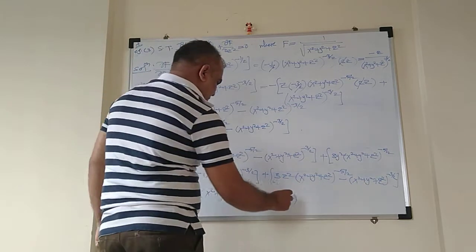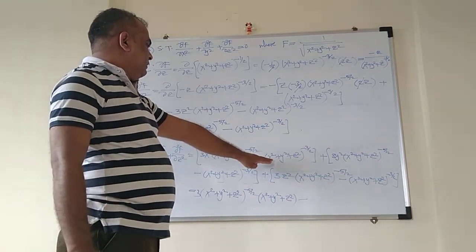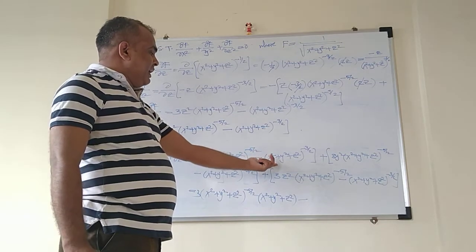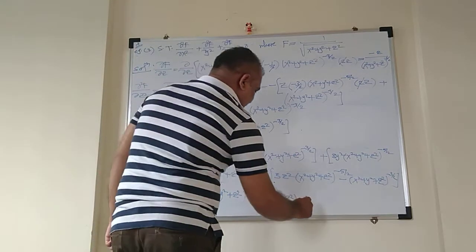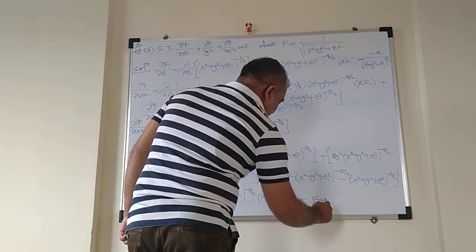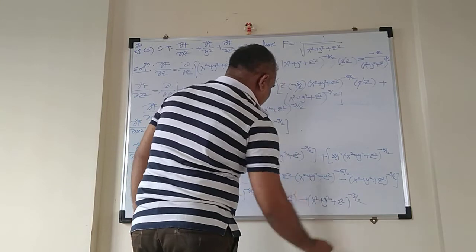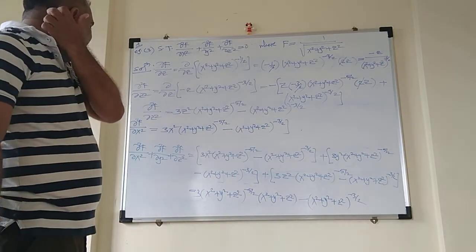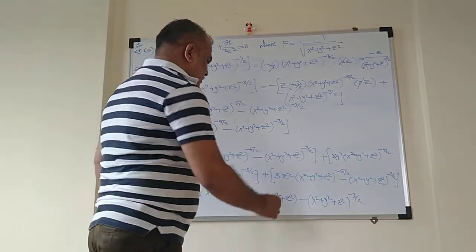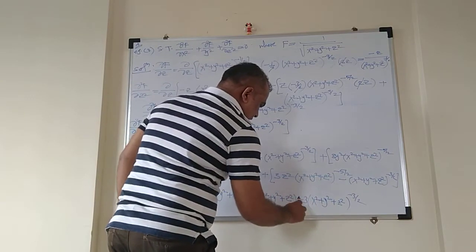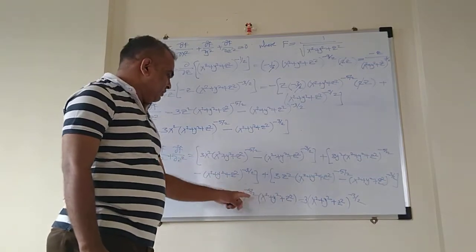Yes, correct. Plus minus, now from the second bracket, from each bracket we have a second term, minus times (x square plus y square plus z square) raised to power minus 3 by 2. Fine. How many terms are there? This is first, this is second, and this is third. So minus times 3 these terms. Fine. Now this and this is equal to minus 5 by 2.